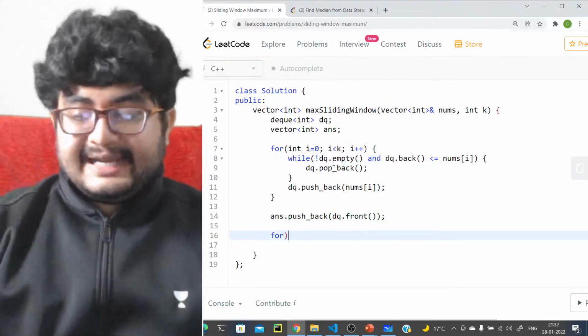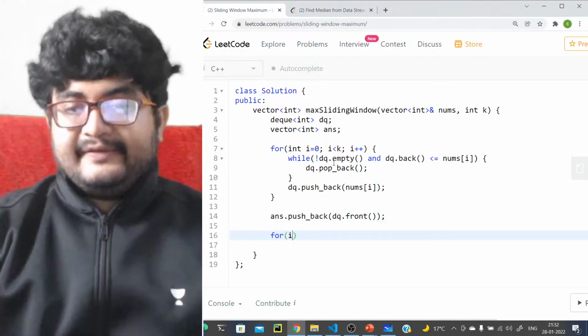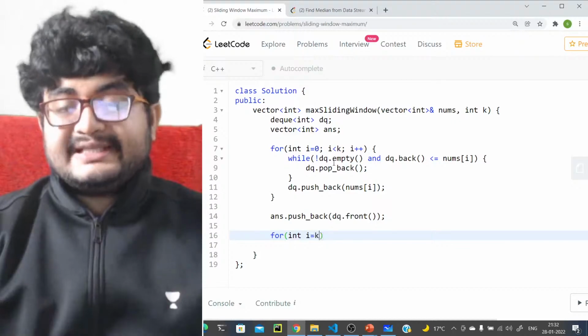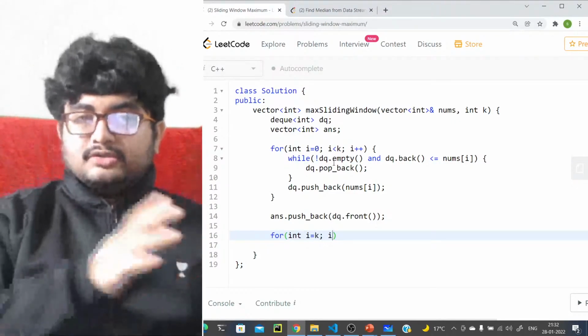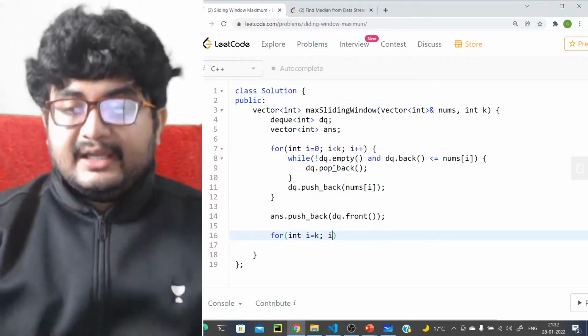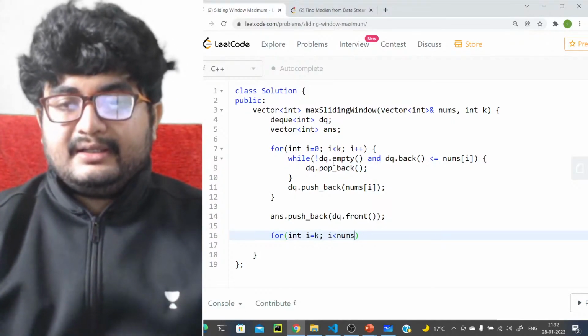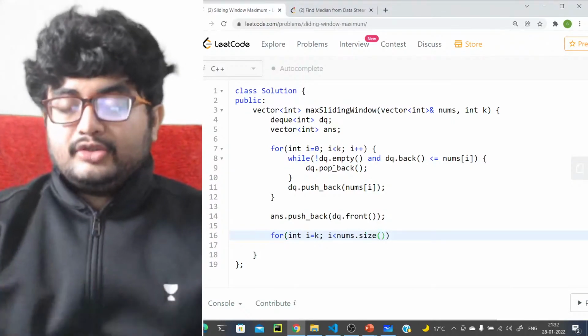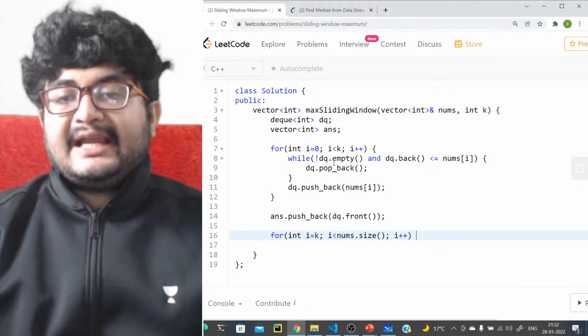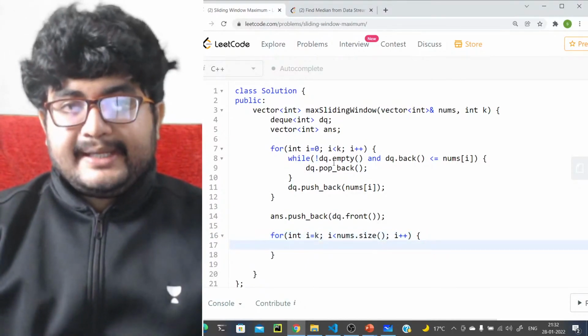Let's now go for a sliding window. So for int i equals k, we'll go to the second window. We'll just go through the window ends for each of them. i equals k; the last possible window end will be nums.size minus 1. So we are going through all the possible ending points of the next windows, i plus plus. What is the element that is going out?